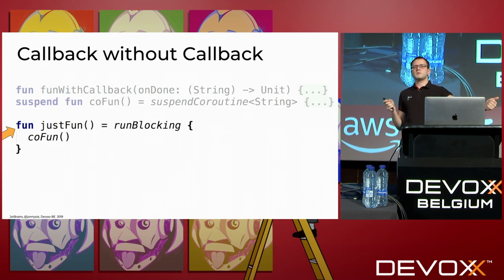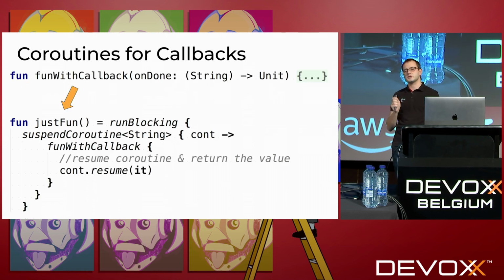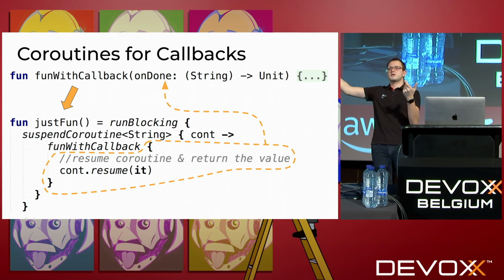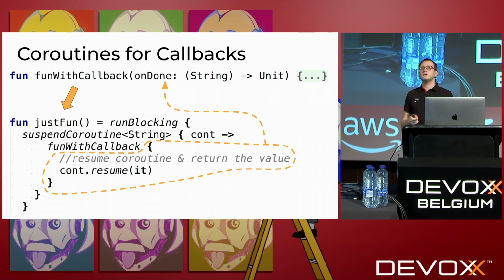So, this was the suspend function, which is not good. And now we have an ordinary function which does run blocking and calls this function. So overall, the example is as follows. You do run blocking, which says, okay, we need to run some suspend functions inside and wait for them to complete. Then you call your function, and you pass this resume as a lambda to the original one, right? As far as you do so, you finally have the function which does the callback magic, which calls the function which does the callback magic, but this is an ordinary function now. This is a tiny pattern which can be used.